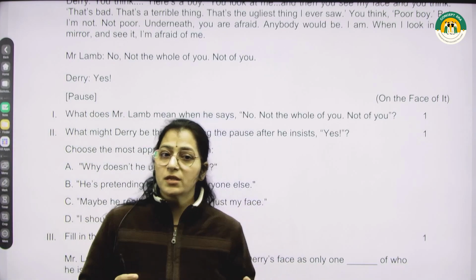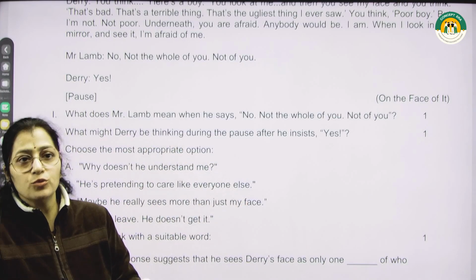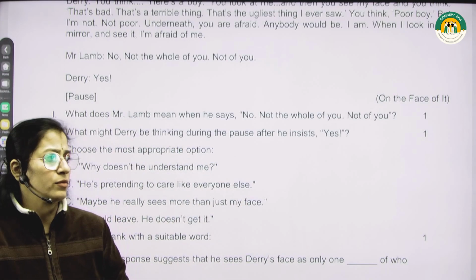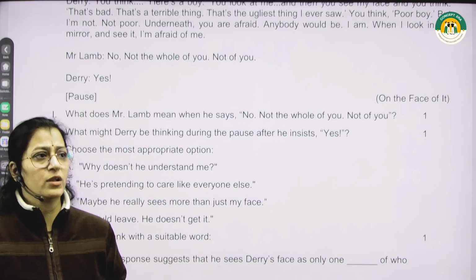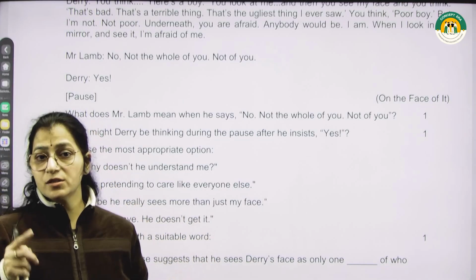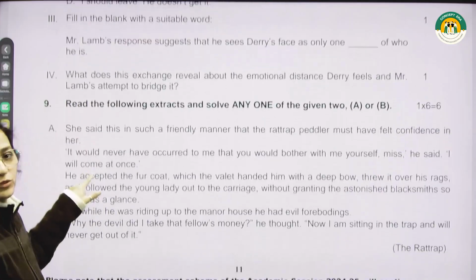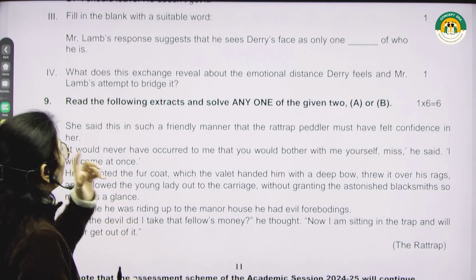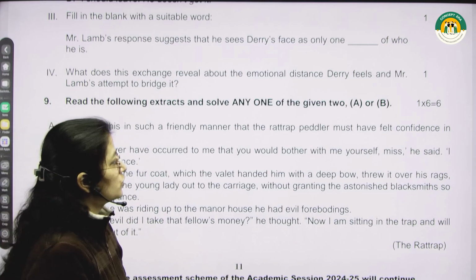What he was suggesting as a good mentor, what Mr. Lamb was trying to suggest to this boy Derry, and how negative this boy was for his own life, for himself. So this is what you are supposed to write. I will definitely discuss your answer key as well, but just look at the question first, then we will jump to the answer key. Now question number 9, read the following extract and solve any one of the given 2, A